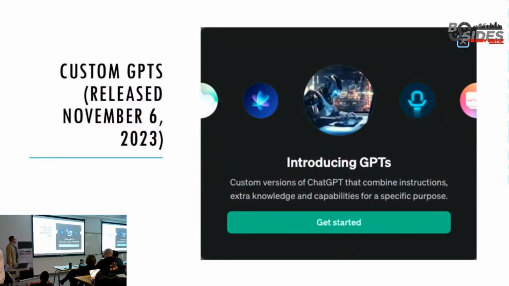So I'd be remiss if I didn't talk about custom GPTs. This is a feature that I do not have a ton of time playing with, but I obviously had to say something about it in this talk. These are custom versions of ChatGPT with instructions and abilities for a specific purpose.